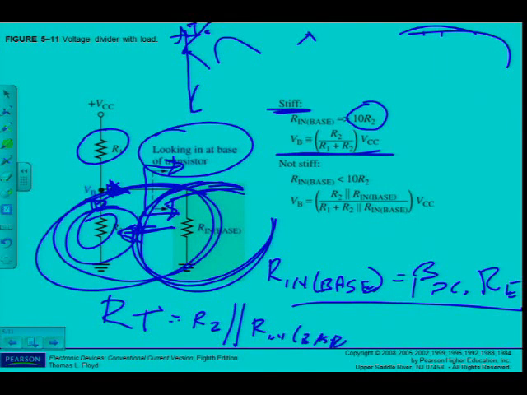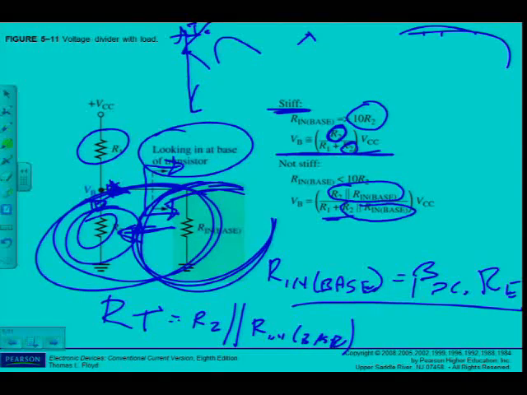Okay, so now you can see what happens. My formula now changes. It's not only R2, it is R2 in parallel with R in at the base, which you can calculate separately. You don't have to do it in one step. And please don't make the mistake that most students do. It is not R1 plus R2 in parallel with R in at the base. It is R2 in parallel with R in at the base. Remember, I replaced R2 and R2, so those two values are the same. So it's R2 in parallel with R in at the base divided by the total resistance, which is R1 plus the value of R2 in parallel with R in at the base. So if you think you're going to get confused, put a bracket around R2 in parallel with R in at the base, because